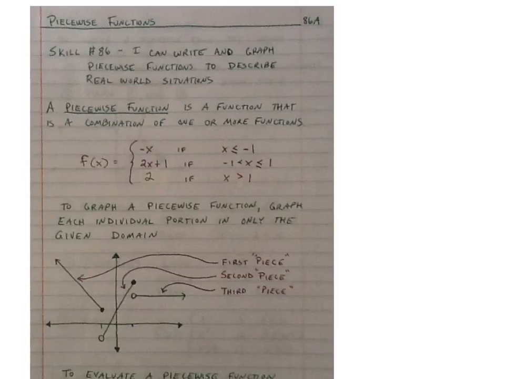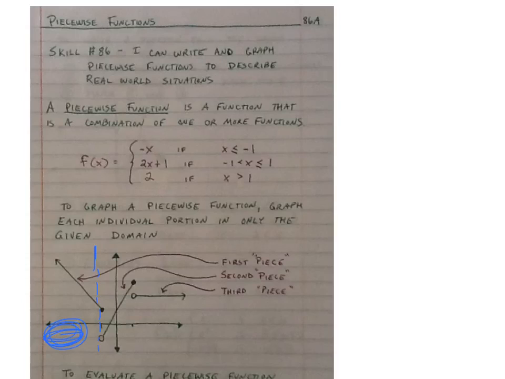And we want to be able to do a couple things with piecewise functions. We should be able to look at the function and graph that function. So for graphing it, I'll look at the first piece, and the first piece is when x is less than negative 1. So really I only want to be looking over from negative 1 on. I'm going to put these dashed lines here, but they don't actually exist as part of the graph, so please don't include that. So this is our first piece on this section here, and we graph negative x, which means